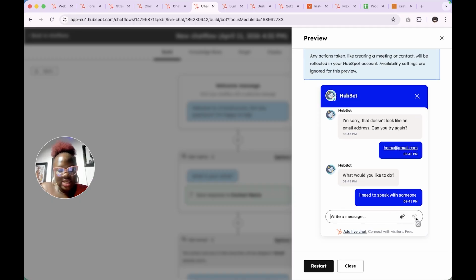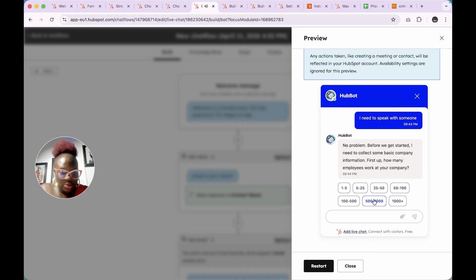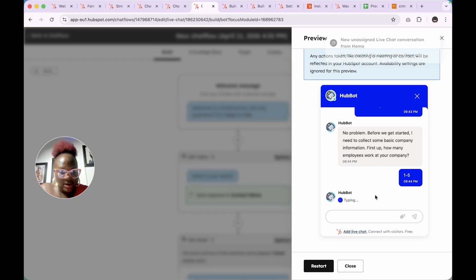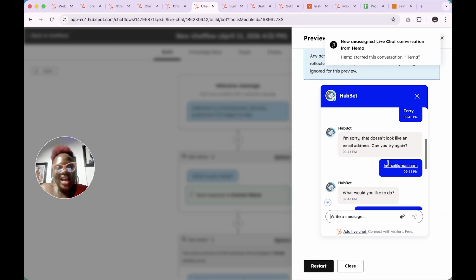So it's going to send this in, and when we send that in, it is typing in here. Yeah, he's asking for the number of employees, so I'm just going to use 1 to 5. So the next thing is, he said, thanks, we've passed along your information, a member of a team will be in touch soon. So this is how the chatbot is going to look like,